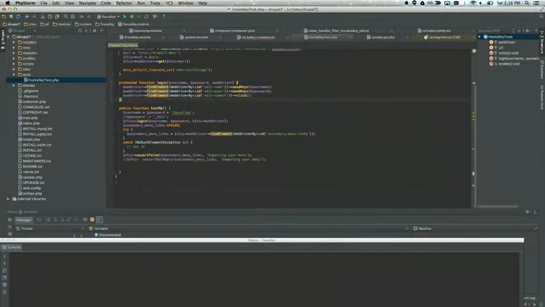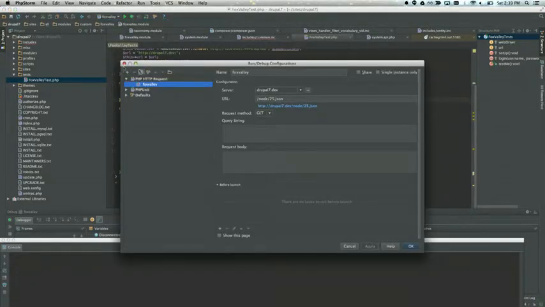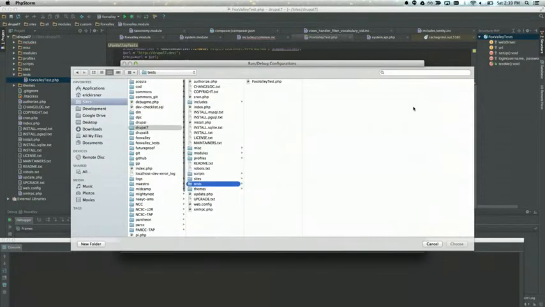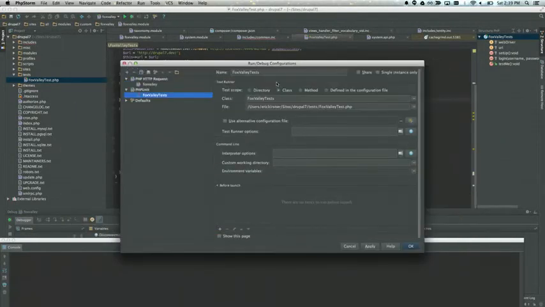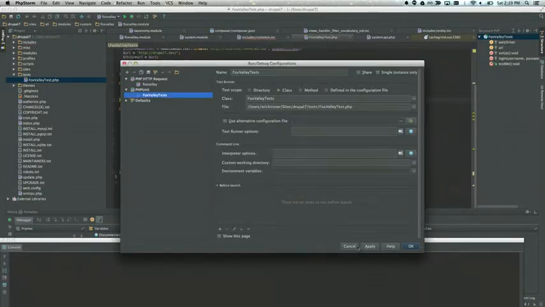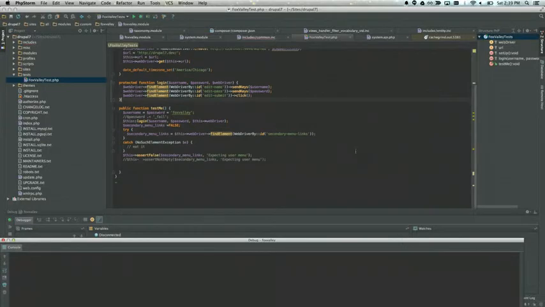So to run the test, add configuration. Select my file. Now the class is correct. Say OK.